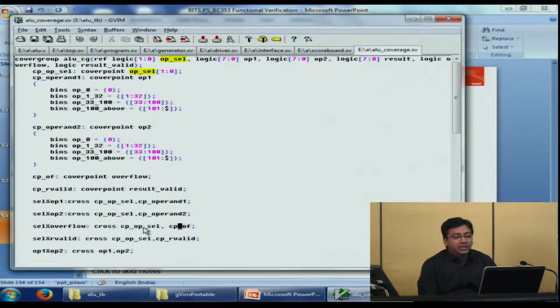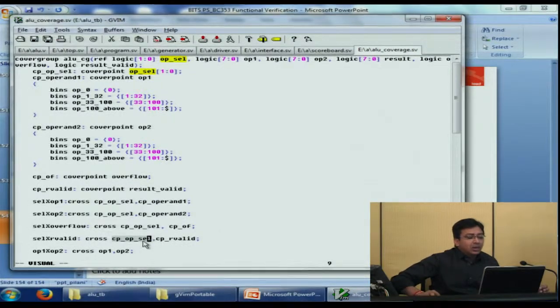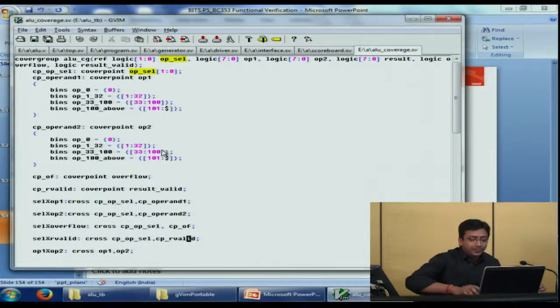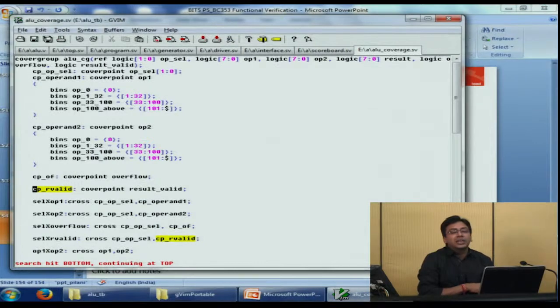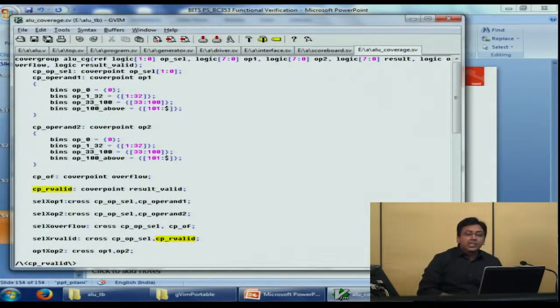So this is an important point here. If you just take notice of this, just checking the overflow flag would mean that it is becoming 1. Okay, overflow happened during the simulation. But for which operation? This cross is checking that overflow should happen for each operation. Just like that, we are checking that did operation select with each operation select R valid happen or not. If you check the R valid implementation, R valid was simply saying the result valid. So it means it is saying that for each type of operation that was provided to the DUT, did the DUT complete the operation correctly?